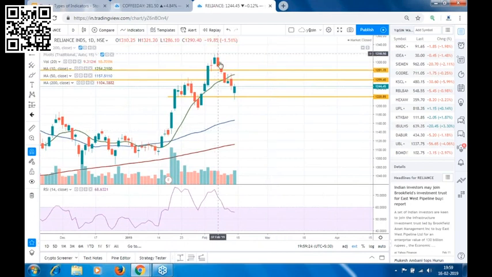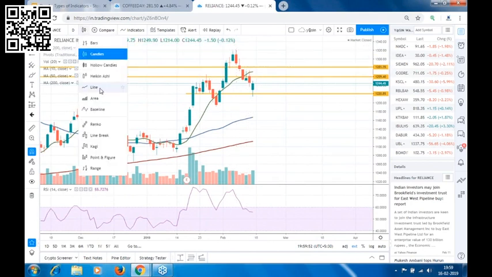Now see, Reliance we gave short below this level, that is below 1287, because we saw a bearish Marubozu candle. Technically speaking, trade from top was when the candle closed below this 10 period moving average. But looking at the candle formation, this is a reversal candle,